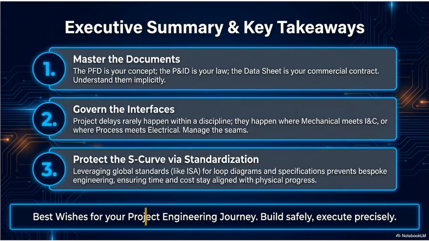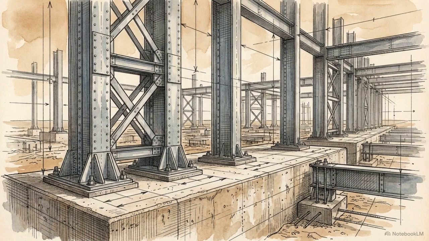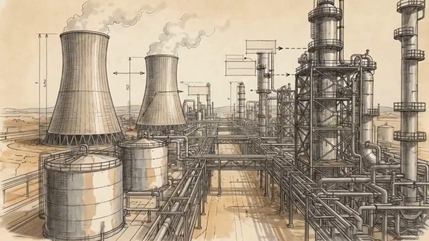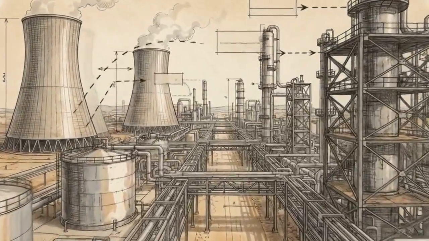By relying on rigorous global standards instead of custom engineering, you keep your schedule and costs perfectly tethered to your physical progress. Internalize these three pillars, and you take the chaos out of construction. You will have the framework needed to build safely, execute precisely, and bring